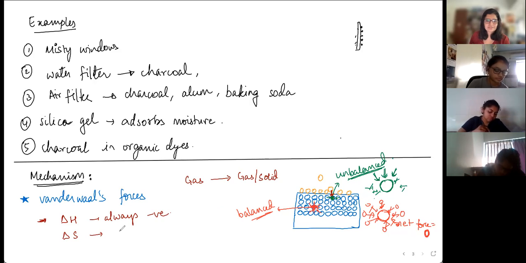Correct. So change in entropy is also, so initial minus final is a positive value. Positive value, but for delta always take S final minus S initial. So this will be a,